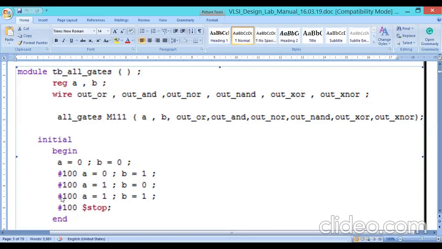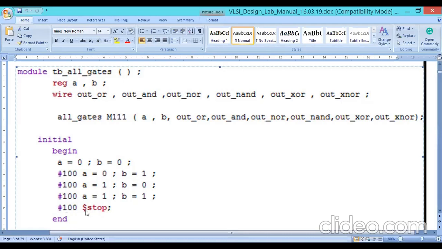Hash 100 is the notation for a delay. Delay we are purposefully, forcefully giving. Hash 100, A equal to 1, semicolon, B equal to 1, semicolon.